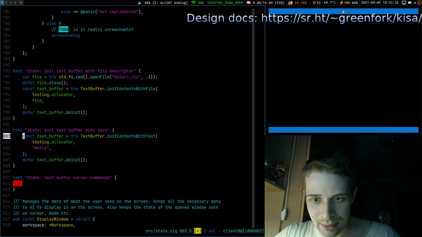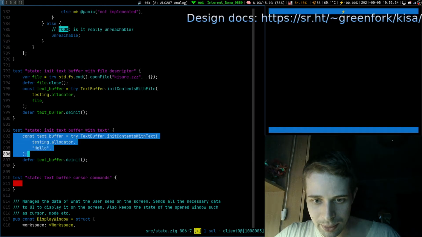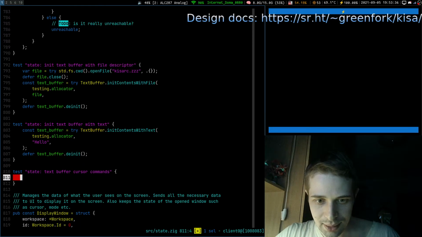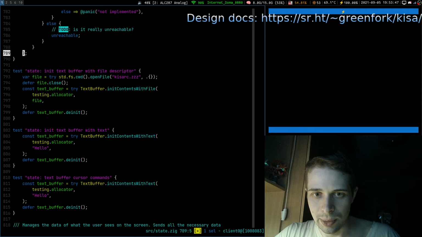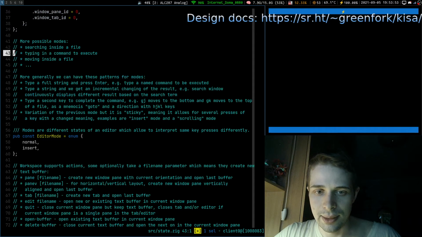Init with text. Okay, we are fine with that. We have our text buffer, and we probably would like to also have a display window, and I think we should do it via the workspace interface here.